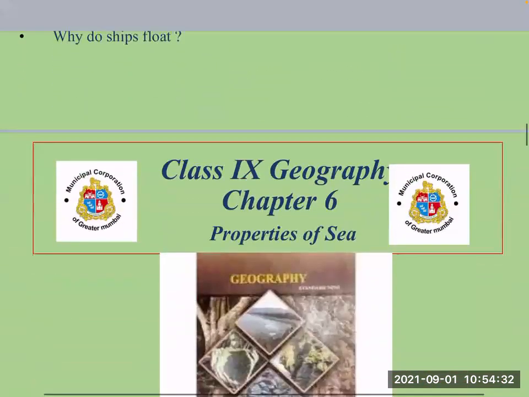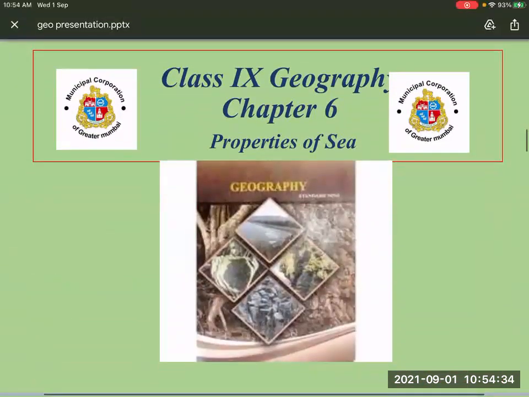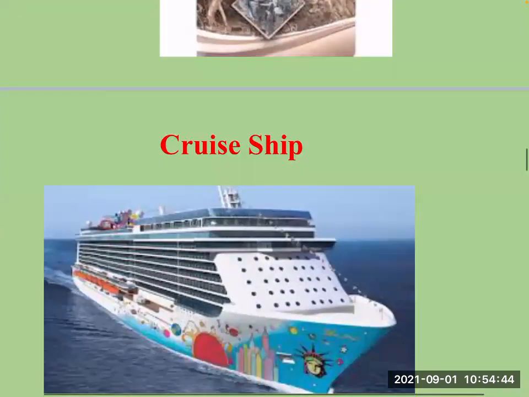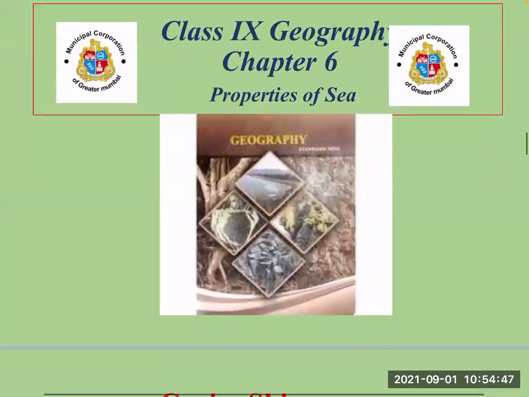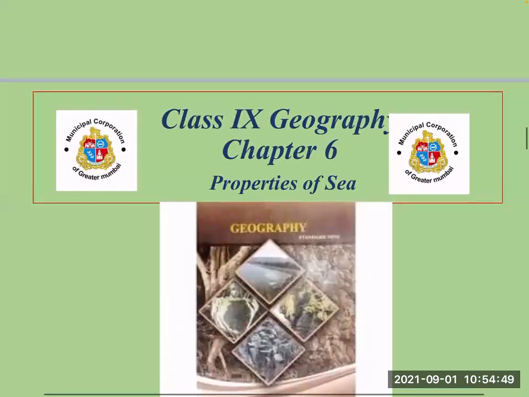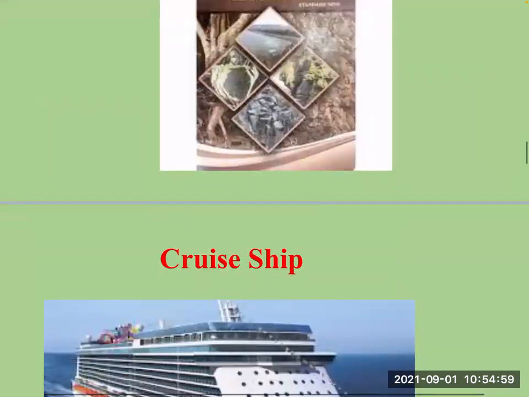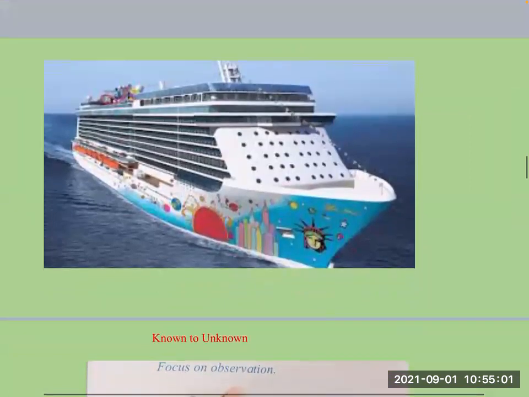Today's chapter, Geography 6, is the properties of the sea. The sea has its own properties, and now we are going to study them. One thing about the Maharashtra State Board, especially in geography, is that I like the syllabus very much. It gives entire information in very short points. Then let us start